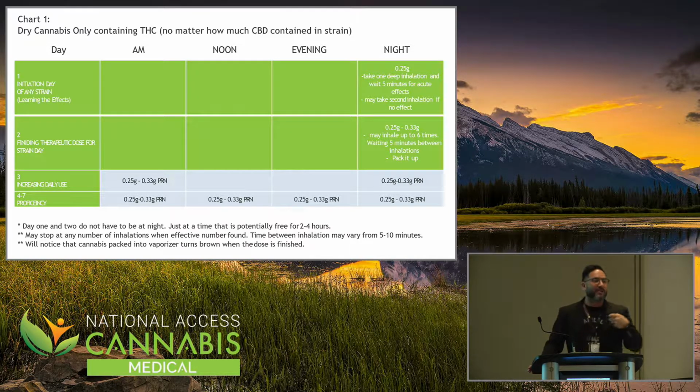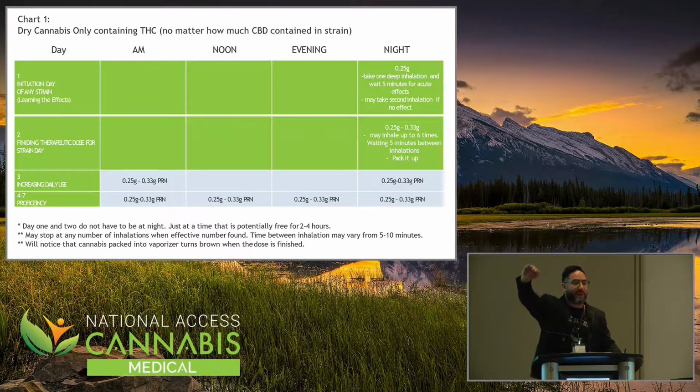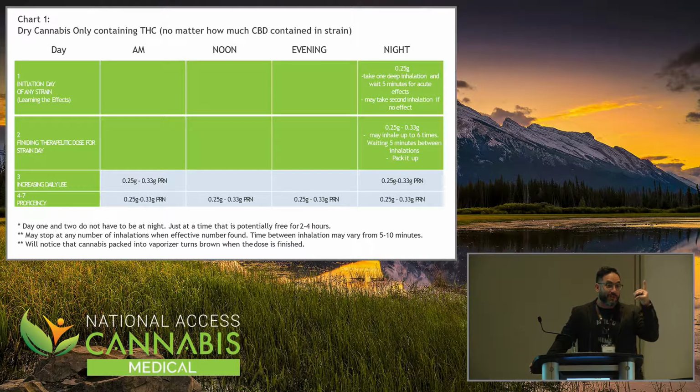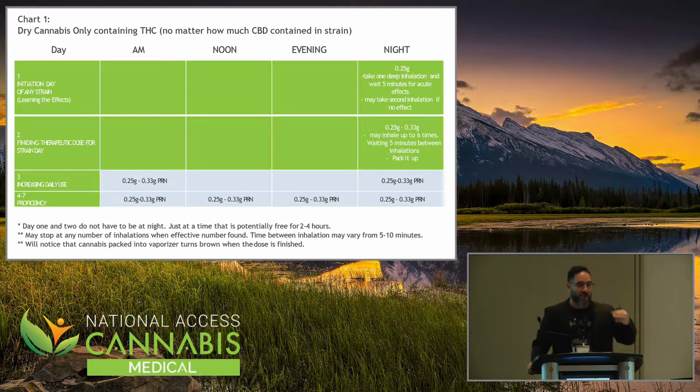But that being said, I'm not starting them at 6. It's just that you can increase quicker because it's easily titratable. Quick onset, quick offset, very linear PKPD. So we're really only starting with 1 inhalation, right? So it's not really that aggressive. It actually just starts very slow. You can just increase quicker because they can self-titrate a lot easier.